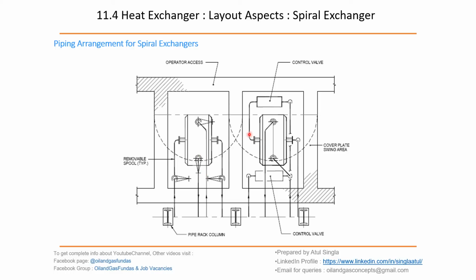If we are having a control valve, then we can locate it at grade or at a structural platform. Then we can come up and go out. The only thing is we have to take care that all the control valves and isolation valves need to have proper access. So in between we are having proper access, and all around we are having access for movement and maintenance activities.